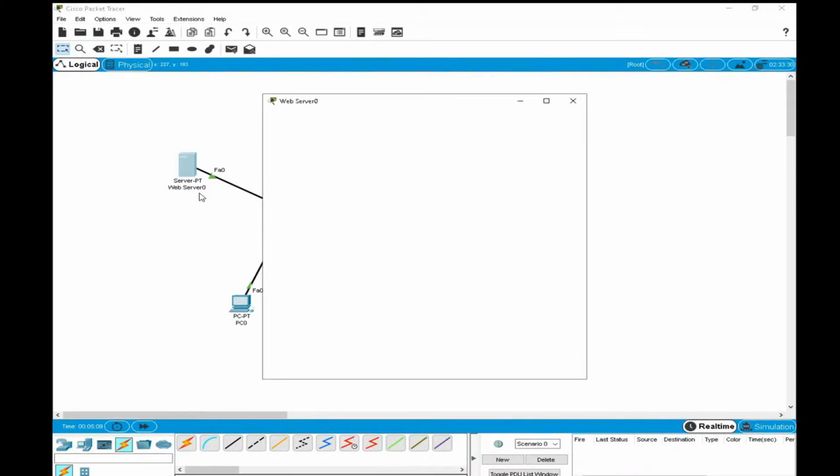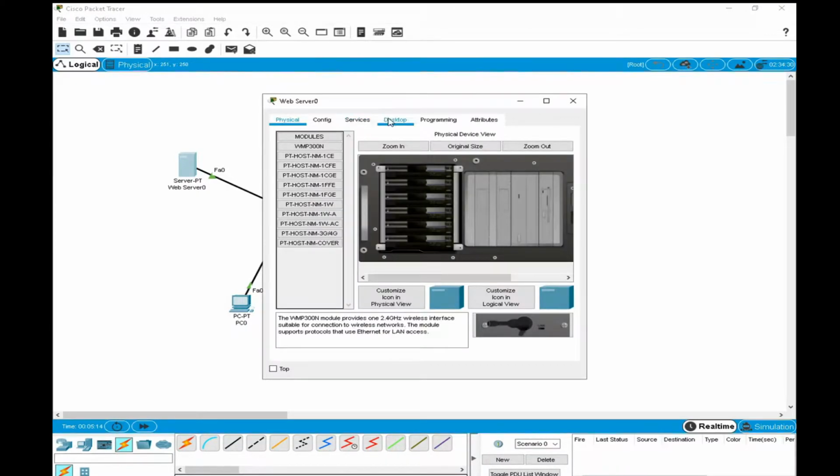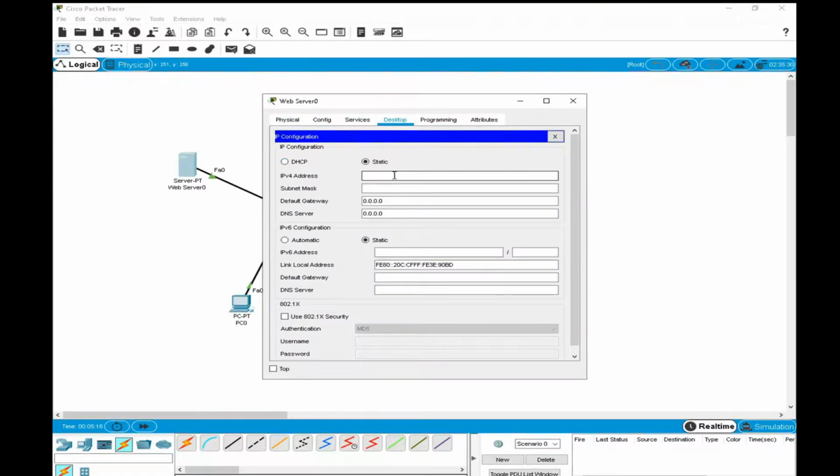So here, the IP address is, let's say, 192.168.1.1. Okay, so this is the IP address, subnet mask 255.255.255.0, and no need for a default gateway. For our DNS server, I will make this one the DNS server. The same computer will be our DNS. I will tell you how you can do the DNS.